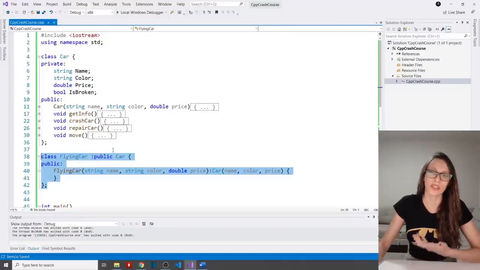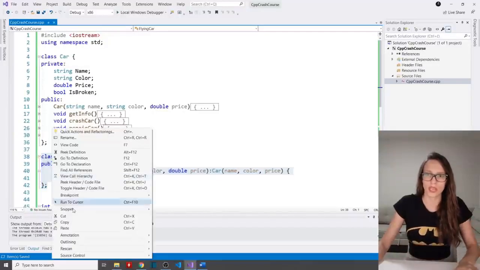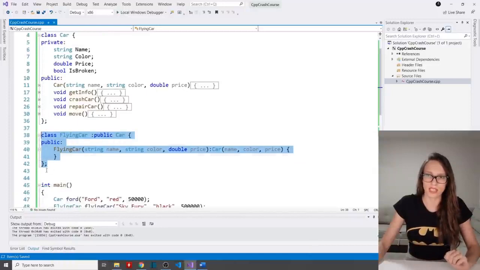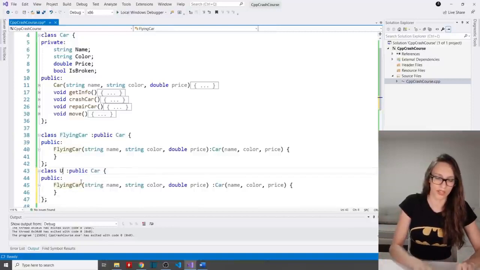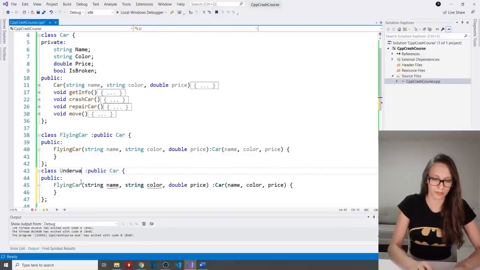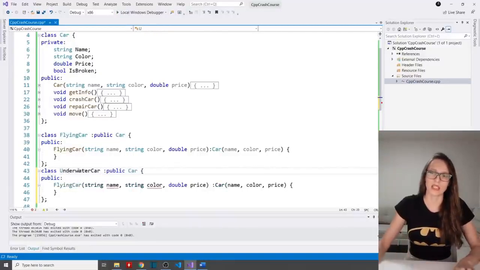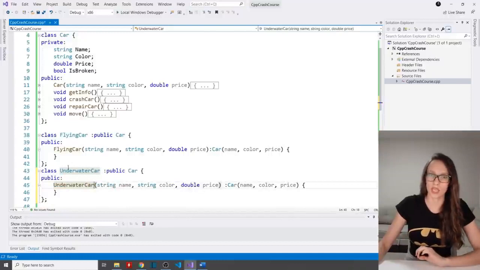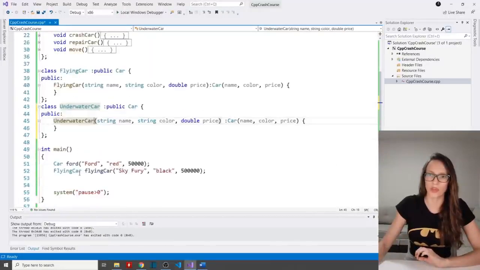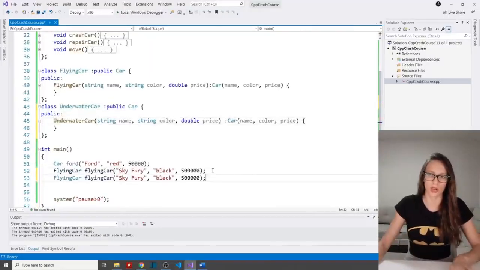And let's create another class in order to demonstrate how polymorphism works. So I'm going to create another derived class, and I'm going to copy this flying car, and then let's say that this derived class is going to be called underwater car, like this, and let's make its constructor underwater car as well. Okay, now after I have created this underwater car, I want to create an object of that.